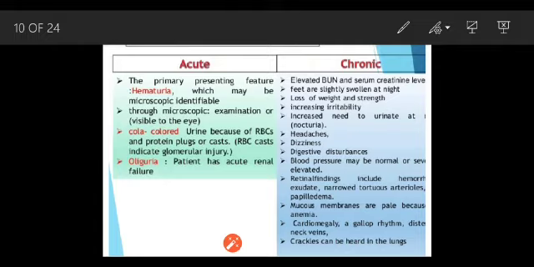Next, if we see in the chronic condition, as there is decreased filtration, elevated blood urea nitrogenous waste we can see, and also serum creatinine levels will be increased. Feet are slightly swollen at night. So why are the feet swollen? Because there is proteinuria in the